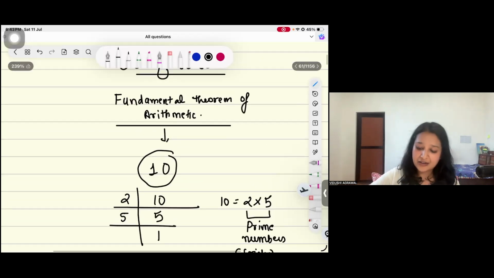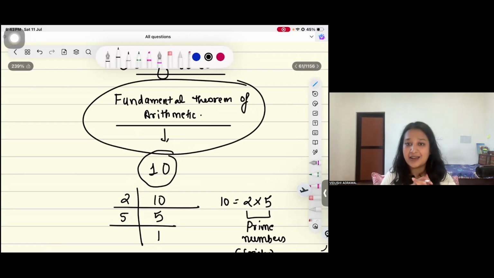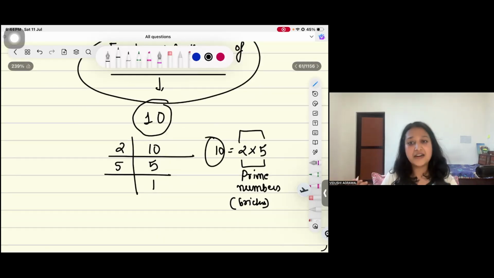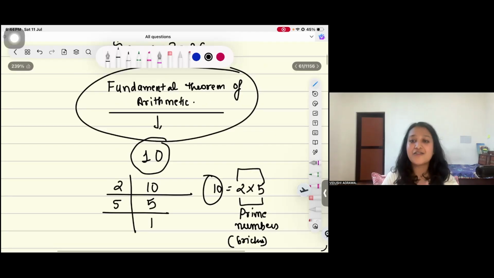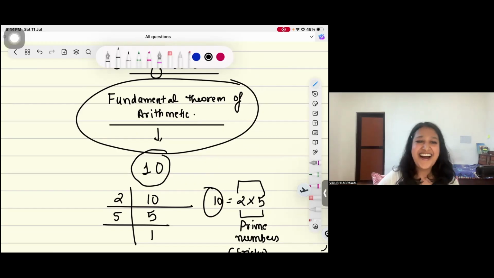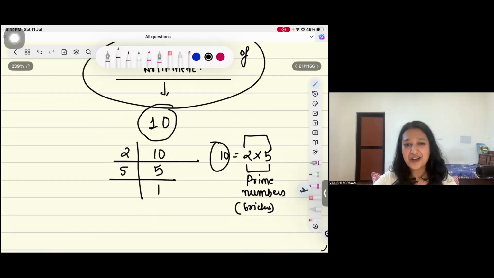What is the fundamental theorem of arithmetic saying? All the composite numbers, we can divide into prime numbers. That's it. Meaning this is a composite number and we can divide it into prime numbers. This is known as the fundamental theorem of arithmetic. Two types of questions will be asked from that. Can there be a third type? No, highly unlikely. So the two types of questions are